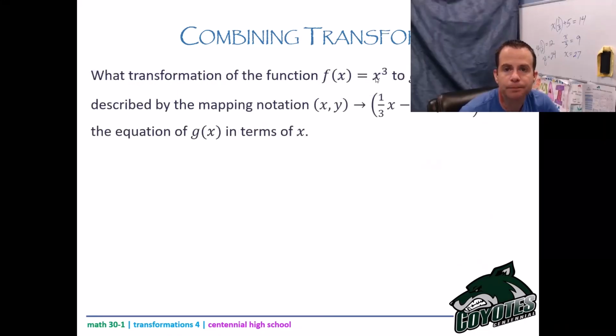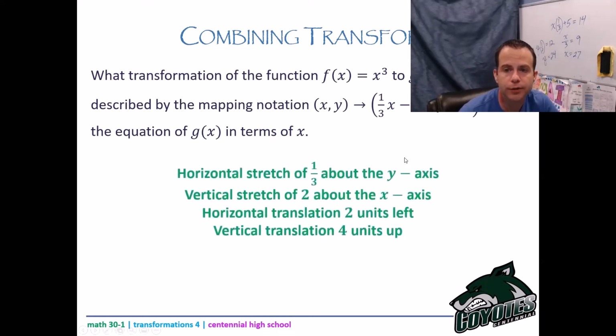All right, what transformation of the function f of x equals x cubed to g of x are described by this mapping notation? State the equation of g of x in terms of x. Okay, so the first thing they asked is for the description of the transformation. So you're going to look at that mapping rule and you're going to write out the description. You're going to pause me to do that, and you should have 1, 2, 3, 4 different statements. Your 4 statements are